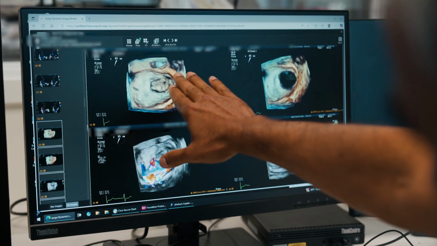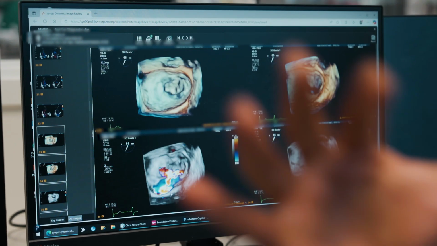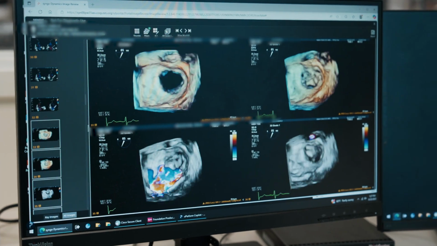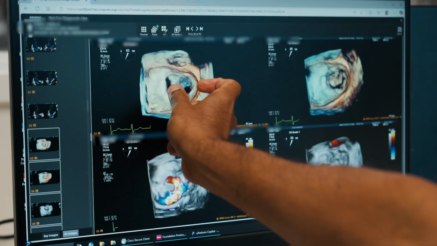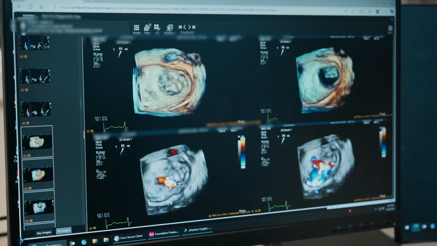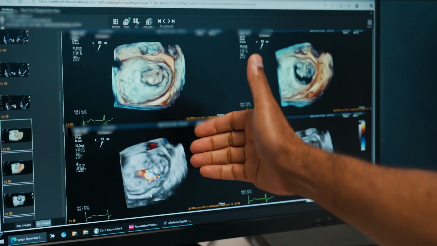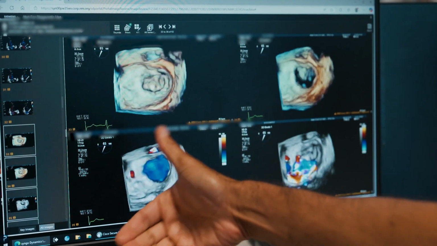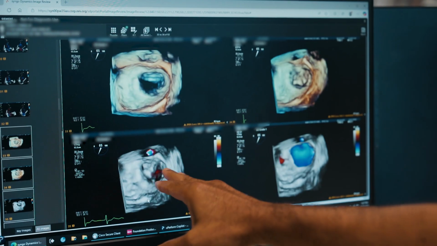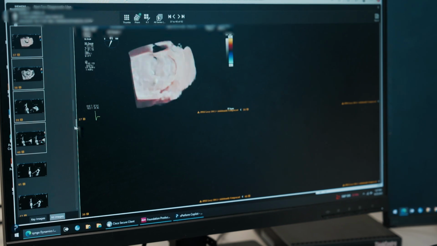And we see that what she has is a very extensively abnormal anterior leaflet of the mitral valve that's severely prolapsing. So there is a really broad area of the anterior leaflet that's abnormal. And what you appreciate on the bottom images with color is that this malapposition of the leaflet is causing an eccentric jet of leak that's going from anterior to posterior.